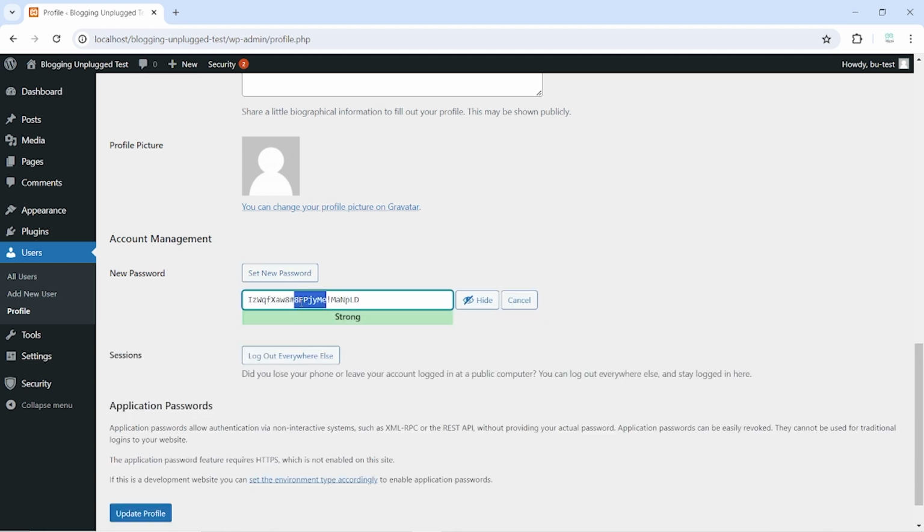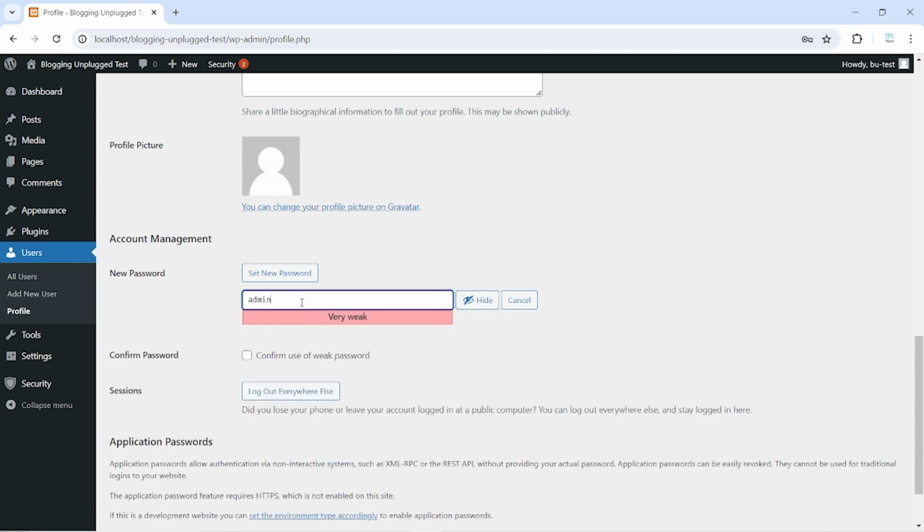Now we are going to select the strong password, delete it, and keep a weak password, which is just admin. You can see this password is very weak right here. It clearly says very weak, and you see a new option appear, which is the confirm password, with a checkbox right in front of it, that on selecting you will be able to use this weak password,